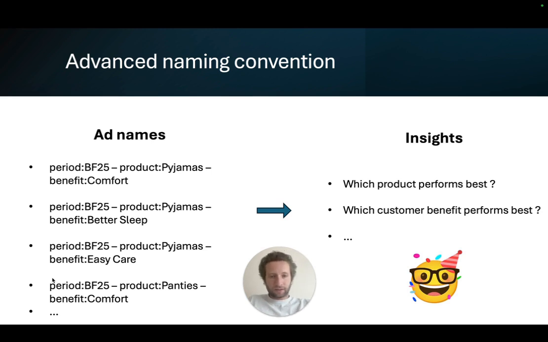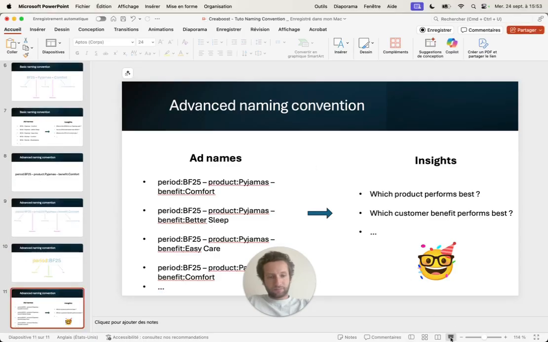What's going to change? It's that now the questions I can ask are even more powerful, for example. Instead of asking it what the ROAS is for pajamas, then what the ROAS is for panties, and what the ROAS is for sock ads, now I can ask it which product performs best. Why can I ask it which product performs best? Because in the naming convention, I give it the information that this is a product. Whereas if we go back to the example above,